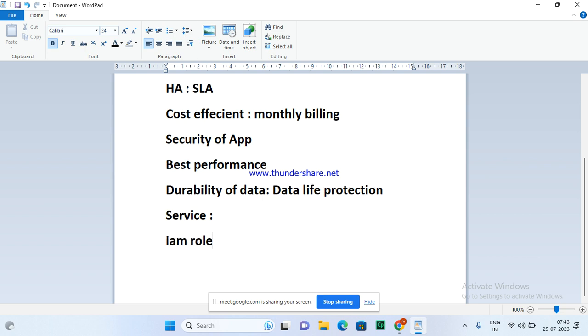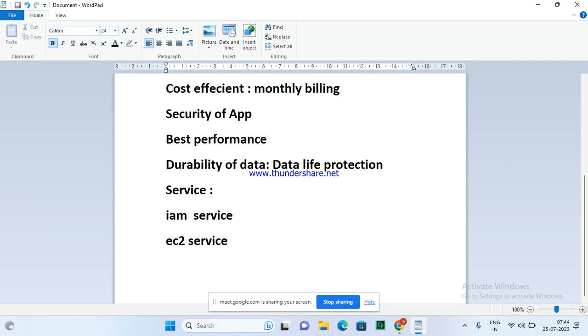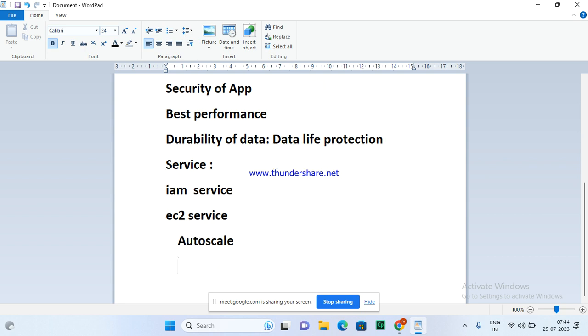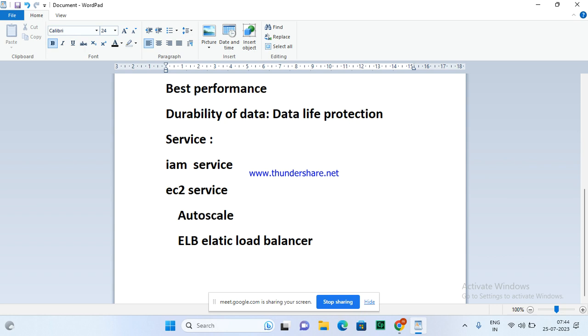IAM role, IAM service. I'm going to go for the EC2 service. Under that EC2, I'm going to use Auto Scaling and ELB, elastic load balancer. So to do this project, I'm going to use some kind of services.